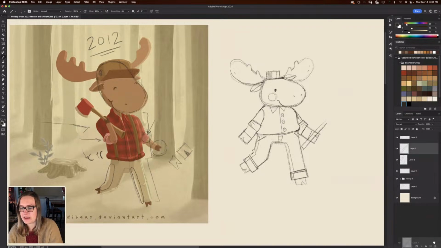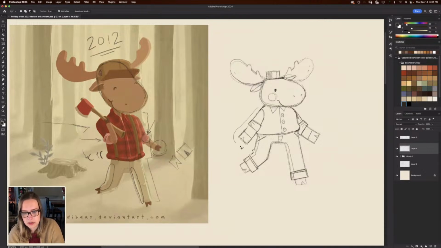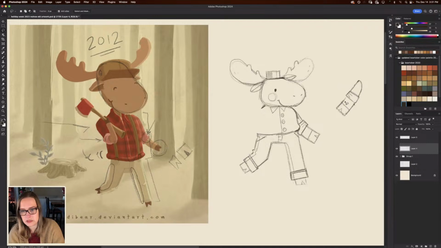Let's just delete that layer. Okay. I'm gonna condense these layers down here. And let's try that again. I'm just going to go ahead and lasso this arm away. Ooh. Move that over there, just in case we need it later. And I am going to go ahead and draw in his arm once more.